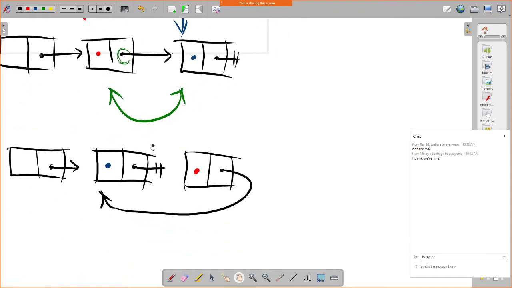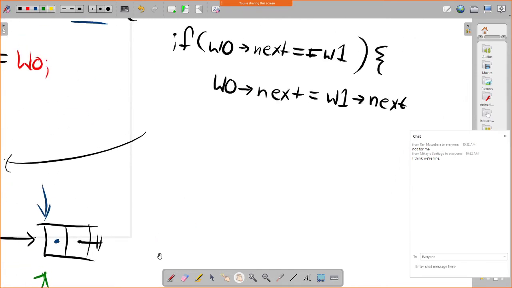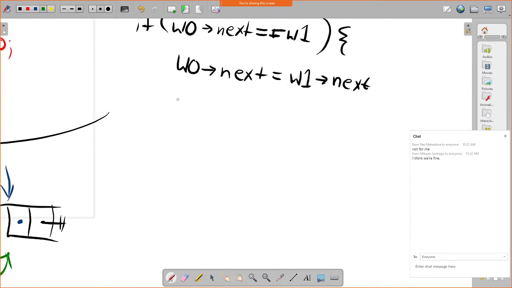Right, so what that says is make this pointer the same as that pointer. So that would sever this, right? And copy it so it would point to there. So in other words, it'll point to the thing after it, and then we need to address this pointing to there. So that would be the next of W1 we update, so we can overwrite that one